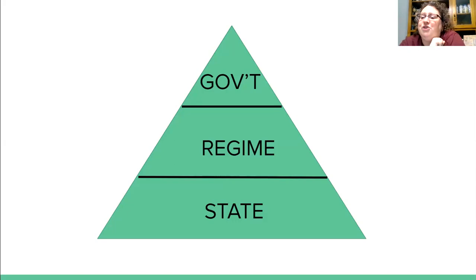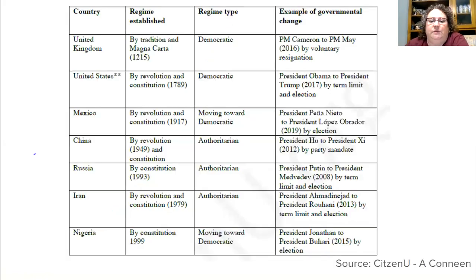And then your government is your actual leaders. So if we're looking at this with the United States, the state is the United States of America, the regime, we're a democratic republic or a democracy, and our government is President Trump. He leads our government right now. So we'll get into the discussion about heads of state, heads of government, which is always to me a good way to think about this. Like Boris Johnson is the head of government and Queen Elizabeth II is the head of state, okay? So we're gonna get more into that with Unit 2 when we start looking at executive systems.